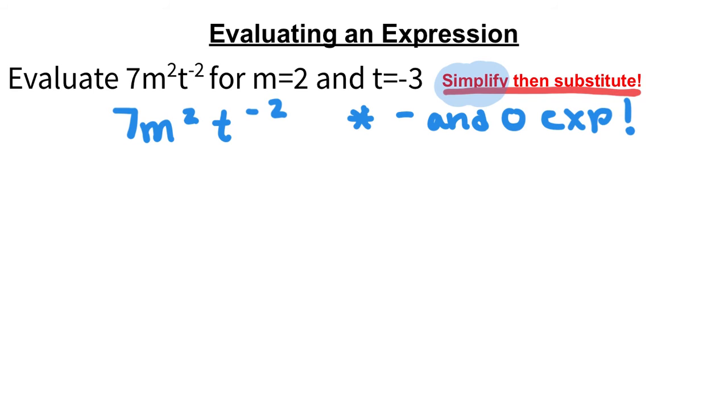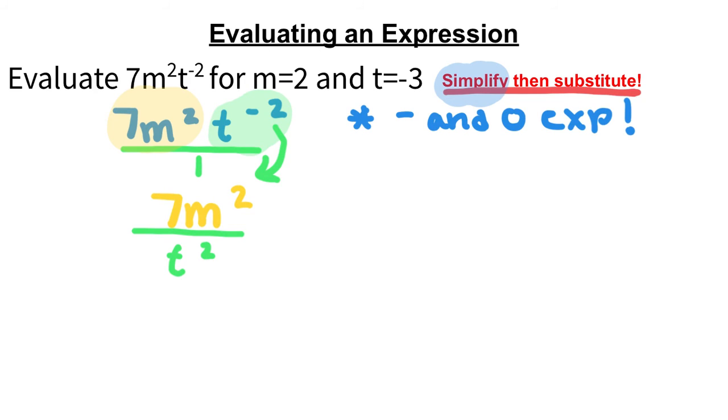I identify a negative exponent with the t to the negative 2. And we know that if this is really over 1, I can take this whole expression and move it to the bottom. So it becomes over t squared on the bottom, and we're left with the 7m squared